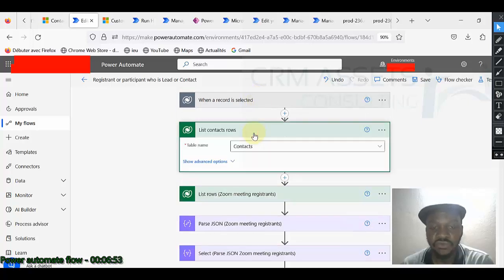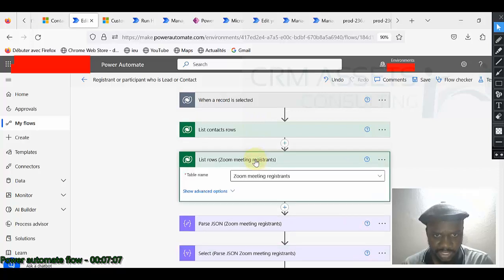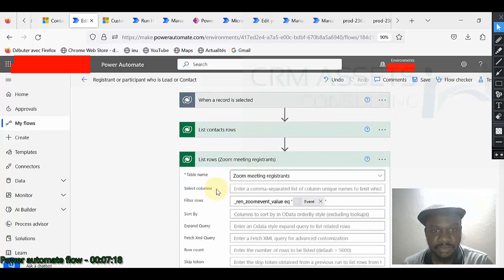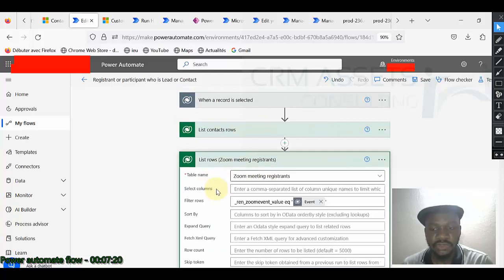Now I have to list contact rows, because I will need to compare emails of contacts with registrants and participants. So I also have to list Zoom meeting registrants, and even Zoom meeting participants, because to avoid duplicates,